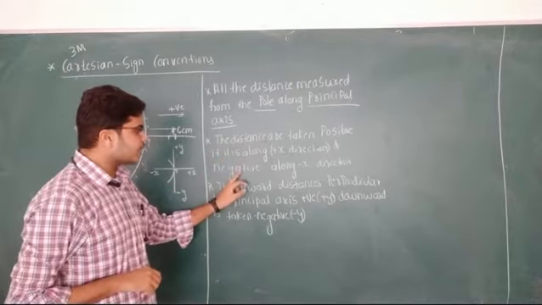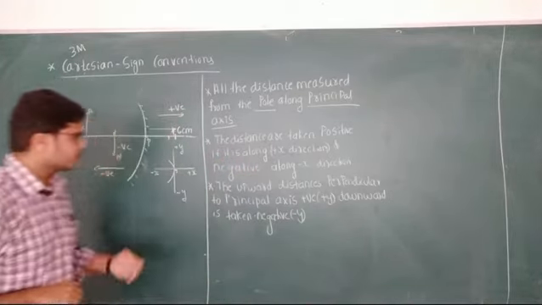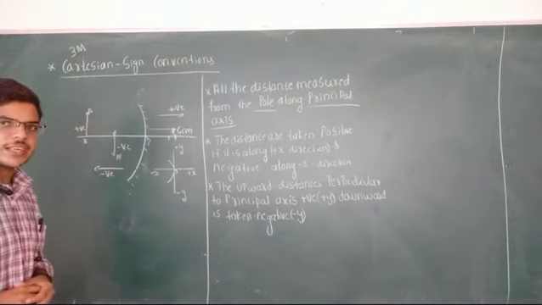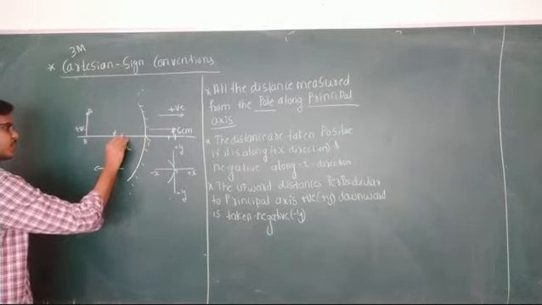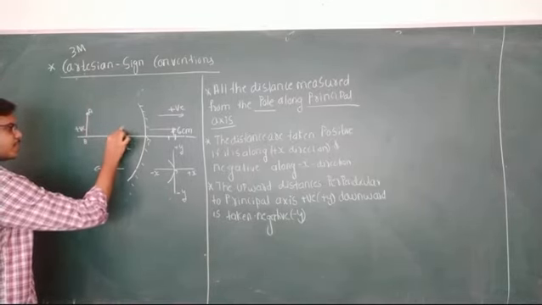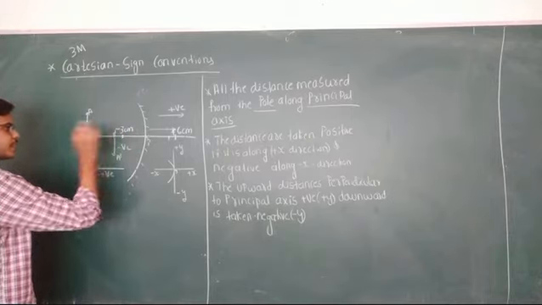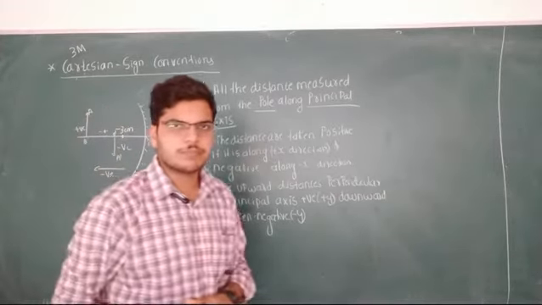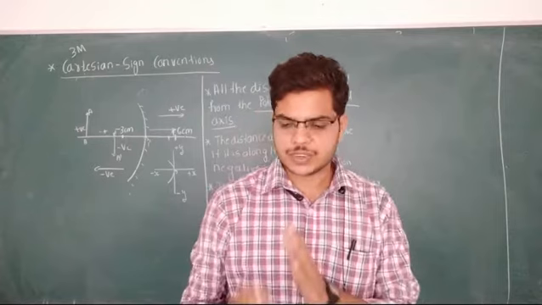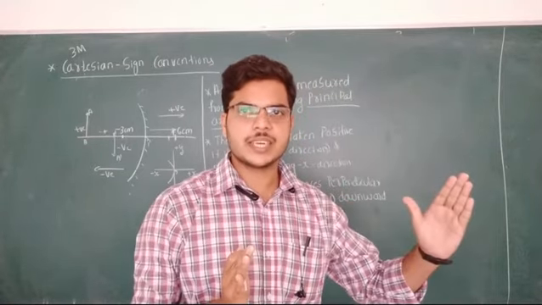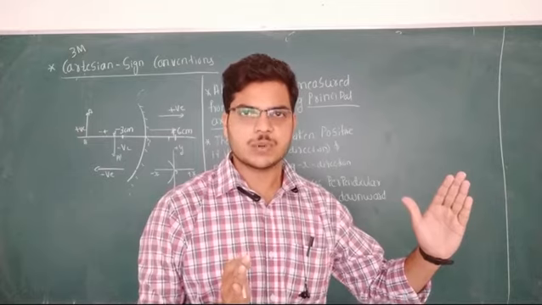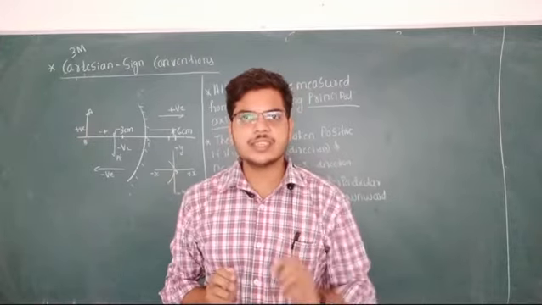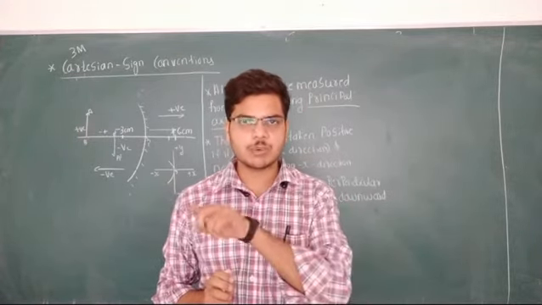And the distances are taken negative along the minus x direction. This side. From the pole, if you go to the left side, then those distances are taken as negative. For example, if this distance is 3 cm, then you must take it as minus 3 cm, minus 4 cm, minus 5 cm. Is it clear? The second rule: from the pole, if I go along the plus x direction, the distances are taken positive. If you go along the minus x direction, the distances must be taken as negative. This is about the horizontal direction.